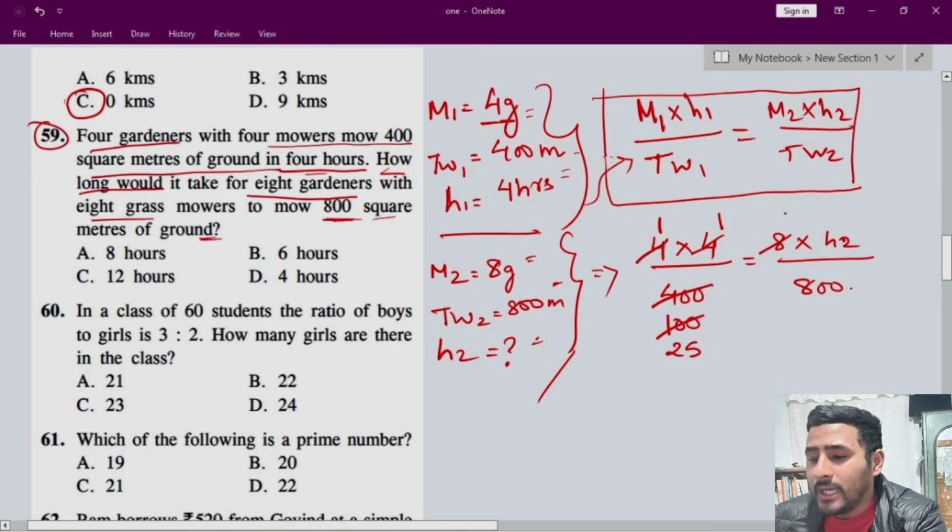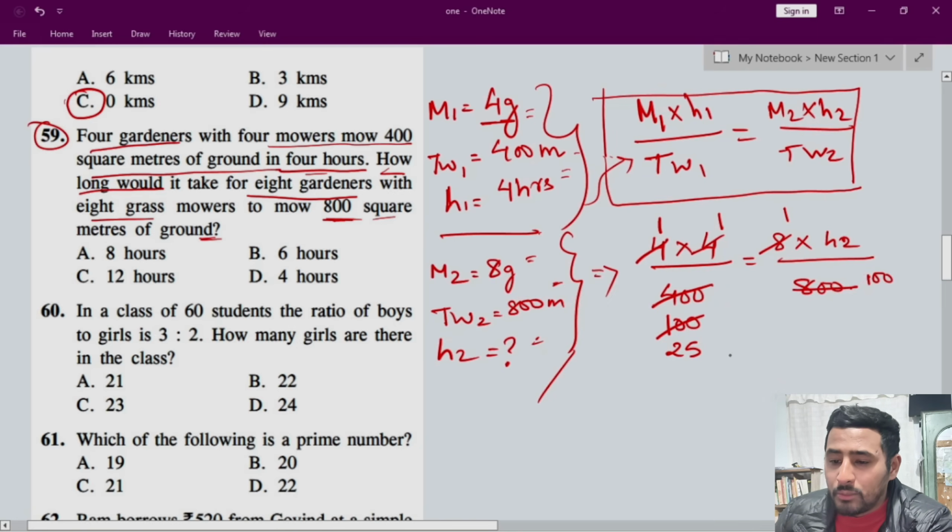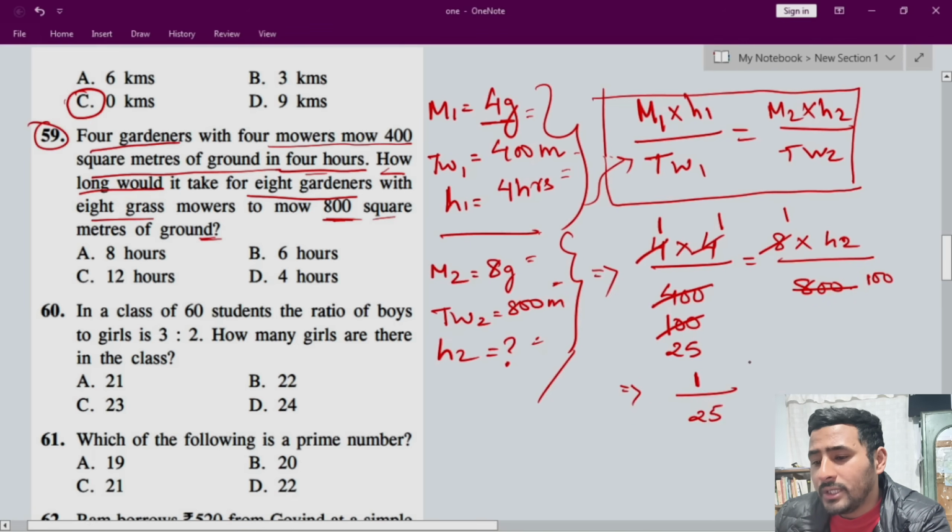Also 8 ones are 8, 800 is 800. So what we are left with is 1 into 1 at the top as numerator, and the denominator is 25, equal to H2 into 1, which is H2, divided by